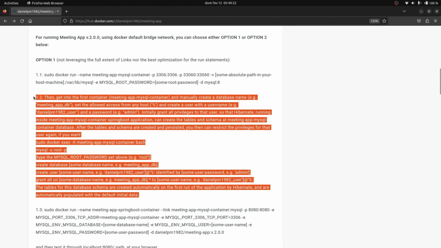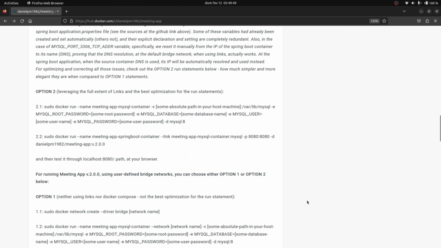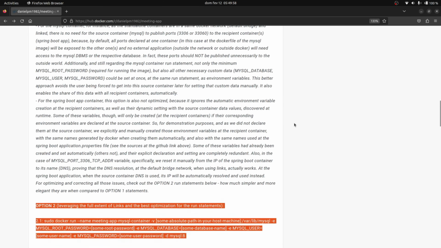So instead of all this we've done here, we could simply have added 3 more environment variables here at the run statement, and the database would have been created, the username and the password as well. So we'll be doing that in option 2 right below here. I'll later show you how to do it right. Firstly, I'm showing how to not do it right,